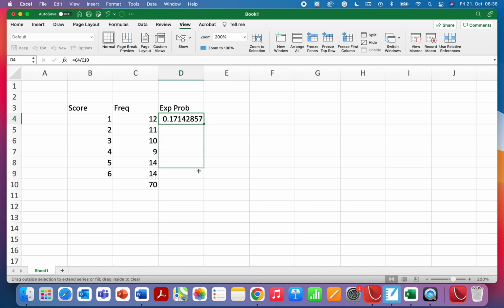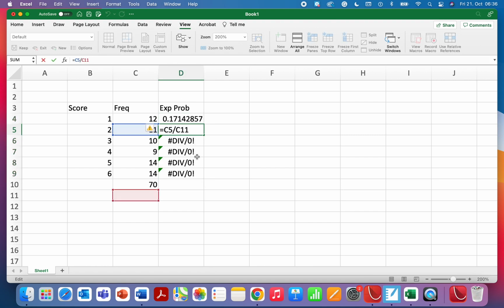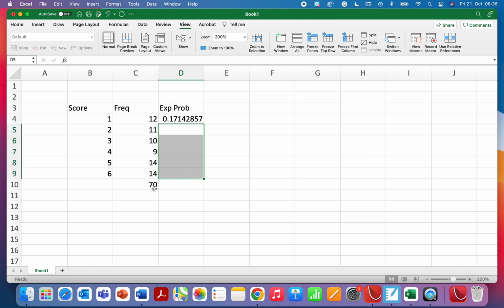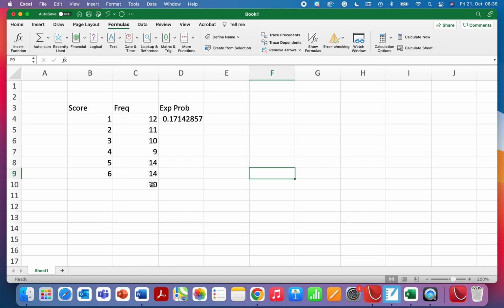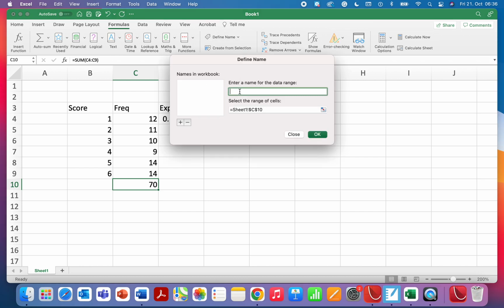But as I drag down, there's a problem, of course, because in here we talk about relative referencing, relative cell referencing. So the formula says take the number to the left and divide it by 6 lower. Okay, so we don't want to do that, so we'll delete that, and we need to name this cell, and it's under the formulas. Now notice you have to have the cell highlighted that you want to name. So formulas, define name, and you can call it anything you want. I'm going to call it die